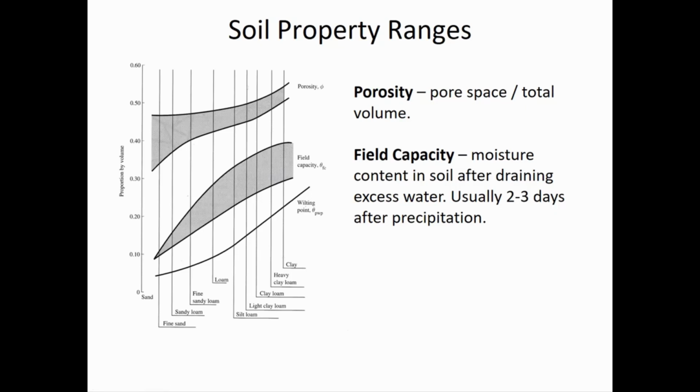Now, if it's fully saturated, then the water content will be equal to the porosity. So the water content can be a maximum at the porosity, and then through draining it will go down to the field capacity,